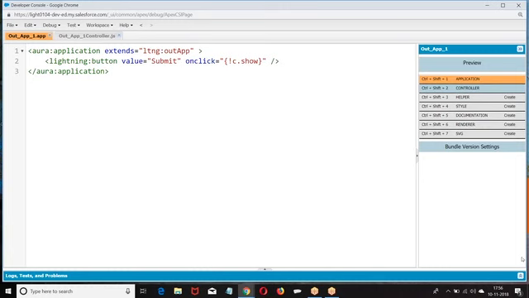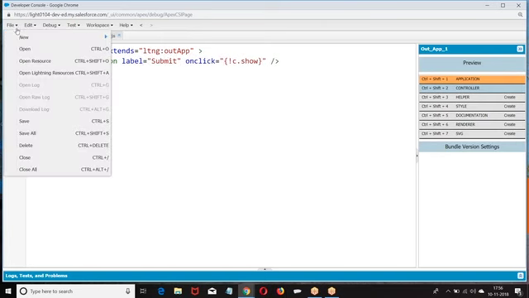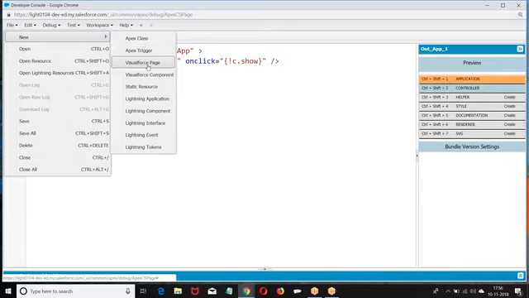Pardon me, come again. What is the query? Don't type the message, boss. Specify it. Okay. You want to say button label. Okay. Then we are done with this. Now let us go to the Visualforce page.